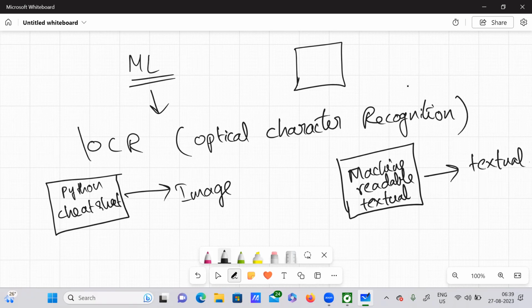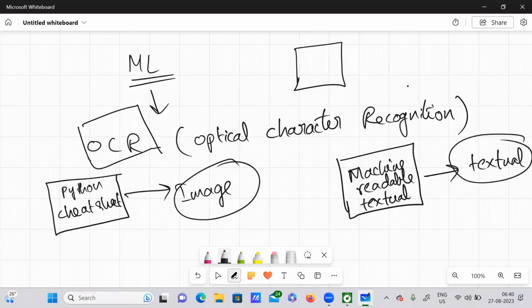Using OCR technology, that is optical character recognition, you can easily convert an image which has some textual data to pure text. For example, if you take any image and try to select the textual data in it, you can't even select it. Why? Because it is in image format.